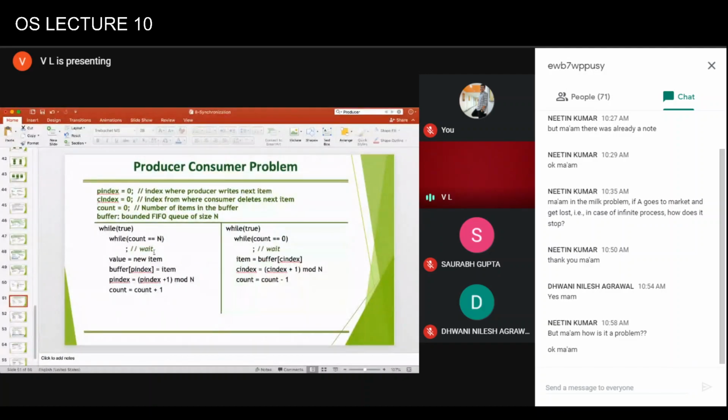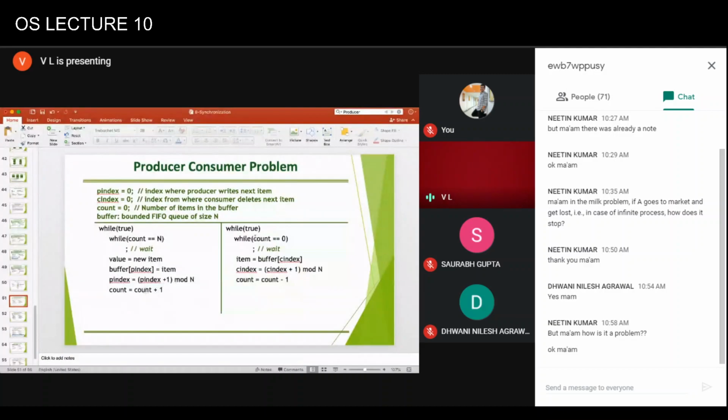So it is quite possible the producer is producing an item, writes the item to the buffer, increments its p index, and when it comes to change the count, let's say the number of items is already 4, and both of them read the value 4. The producer writes it and it becomes 5.